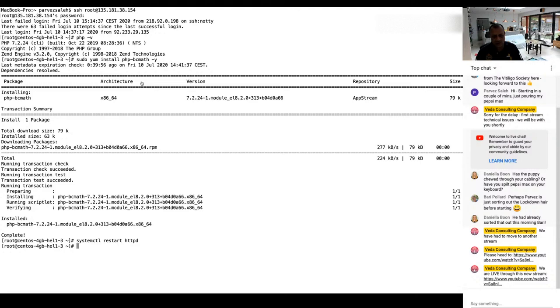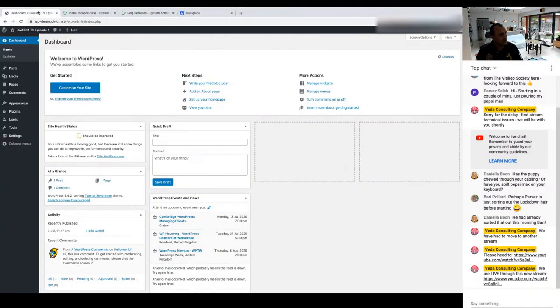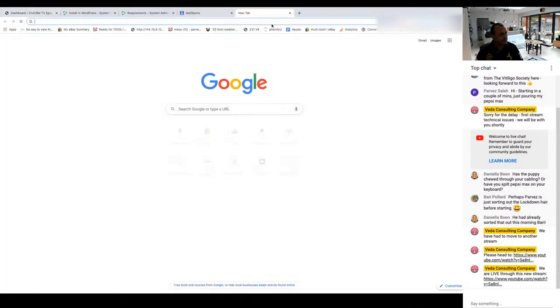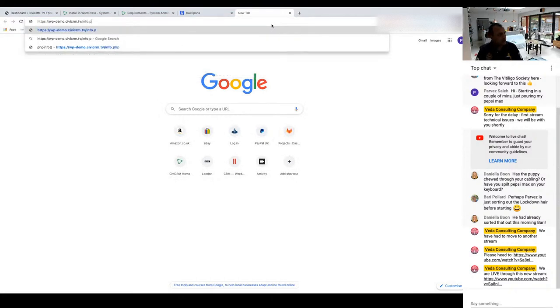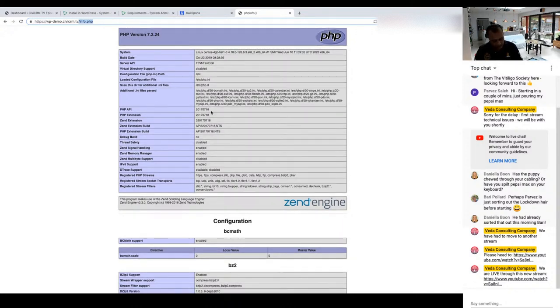One thing I forgot to mention. So before I do all that, one of the things again that I normally do is I will run a PHP info file. So let me just run that. Again, it's not a production system, so I'm not worried. If it was production, I might stick everything behind HTTP password before I did this, but it's not a production system. I'm not worried about it. So this is just a PHP file in the root directory of WordPress, and it will tell me at a glance what I've got or what I don't have. So if I look now,